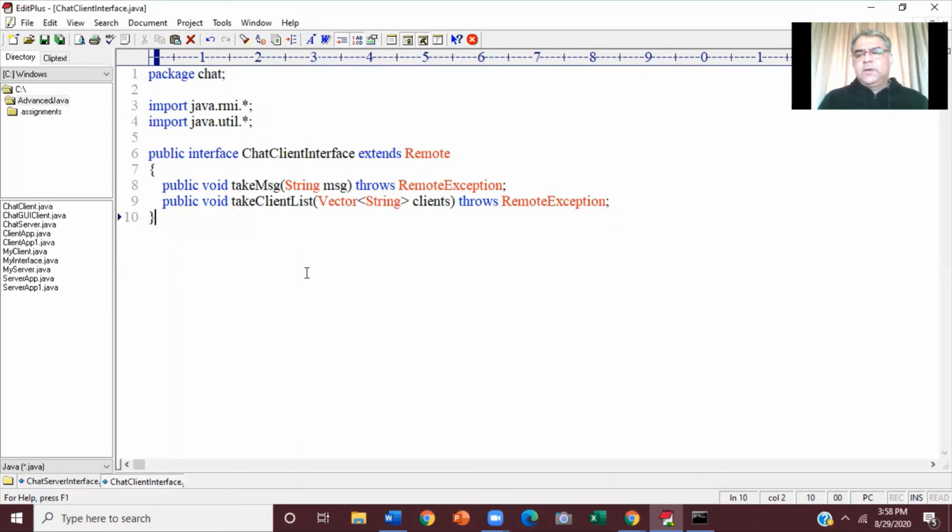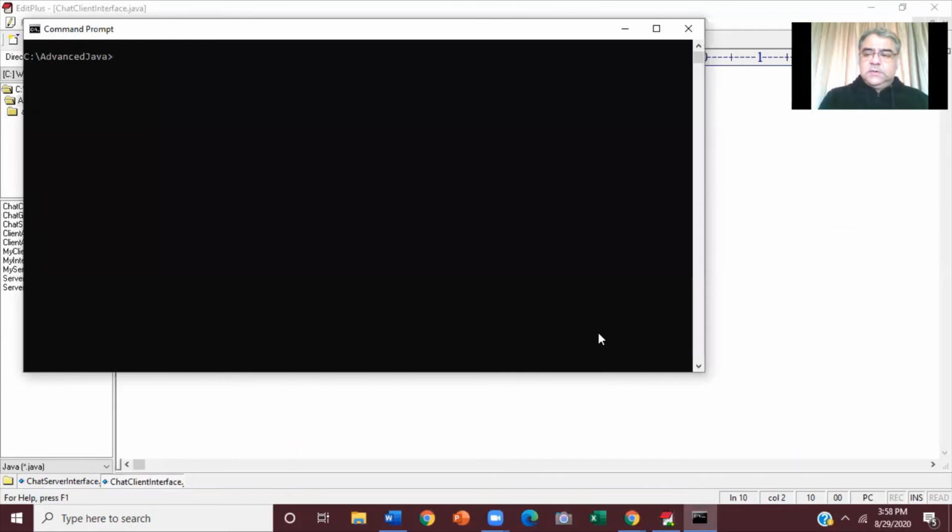So I hope you got an idea of the server application as well as client application. Okay. So in the next session, we are going to write server application and client application. Okay. In the meantime, we have already discussed. You can try this till I take a next session. But before I close my session, we need to compile both of them. Let's compile both of them.